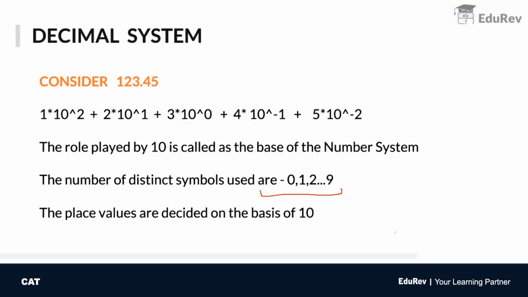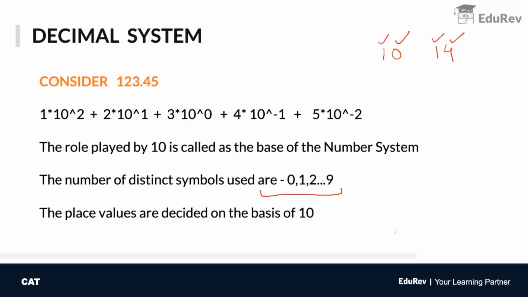So for example, if I have a number, let's say 10, or I have a number, let's say 14. Here 10 is not a distinct symbol. It comprises 1 and 0. 14 comprises 1 and 4. So 14 is not a unique number, or it is not a distinct symbol. It is defined by using 1 and 4. 10 is defined by using 1 and 0. So you have only 10 symbols which are used in this system.